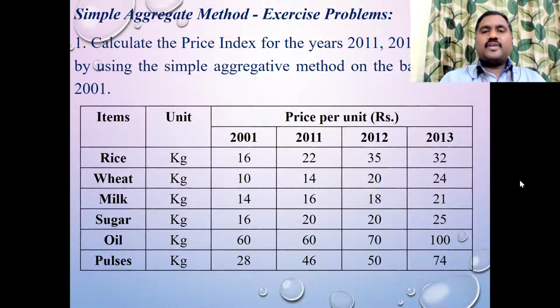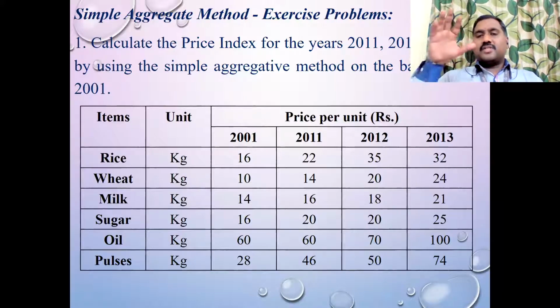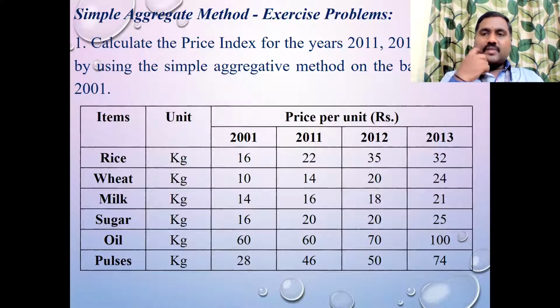So what do you have to do now? Anyone have an idea? P0 is the 2001 base year, and P1 is the current year. We have 3 current years, so P1 is for 2011, 2012, 2013. You have to calculate summation P, that means you just add all the prices. Once you copy, tell me. I will stop sharing this and move on to the Word document.